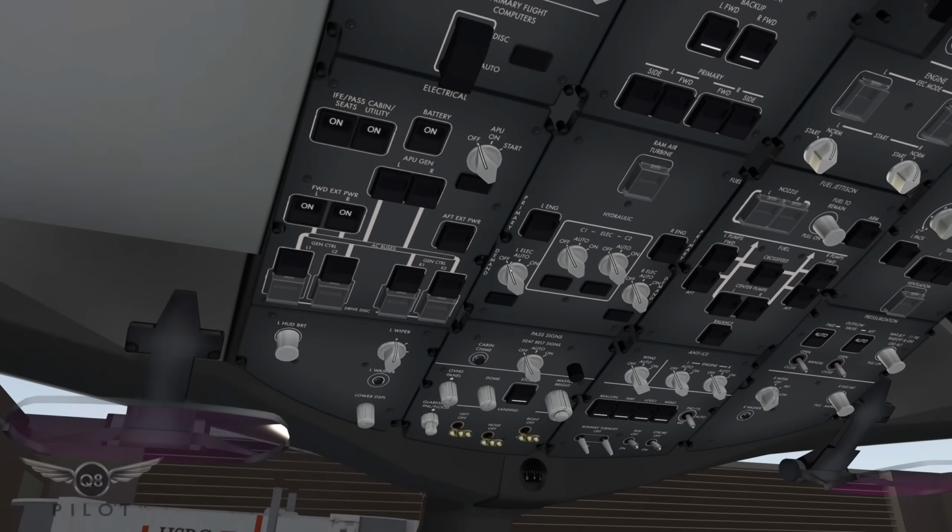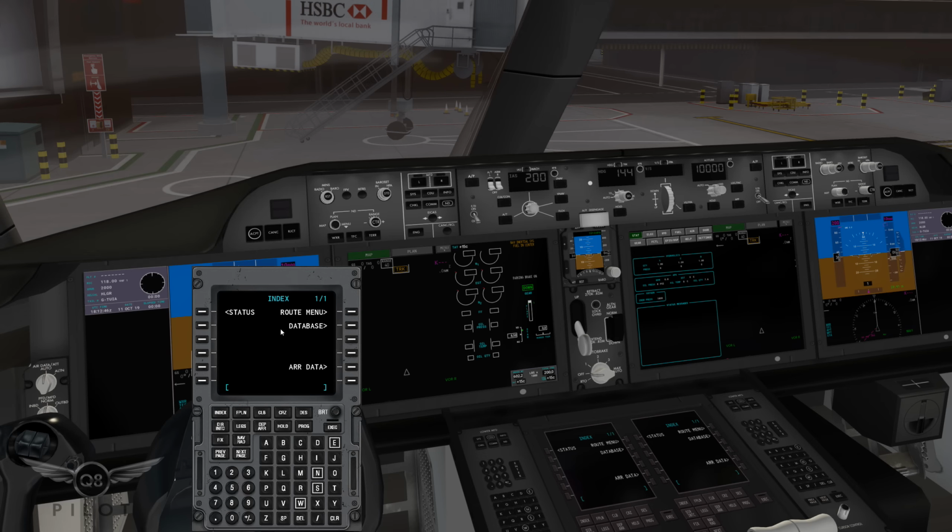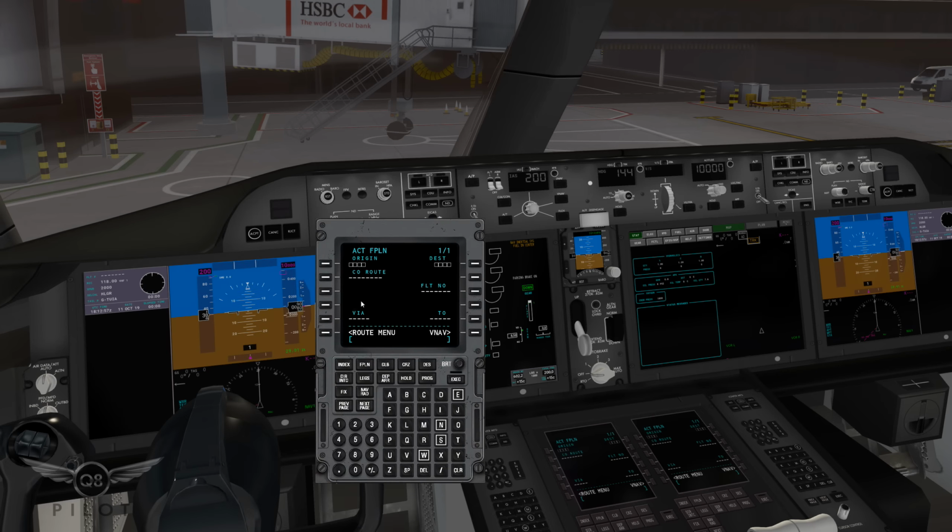And now we are going to head over back here, and let's see. Now, this aircraft uses the default X-Plane 11 FMC, which is not a surprise to me considering the overall quality of this aircraft. But nevertheless, we're going to just go and enter the information here. There we go. So we're going to enter the origin airport, Echo Golf Lima Lima, and the destination is Echo Hotel Alpha Mike,